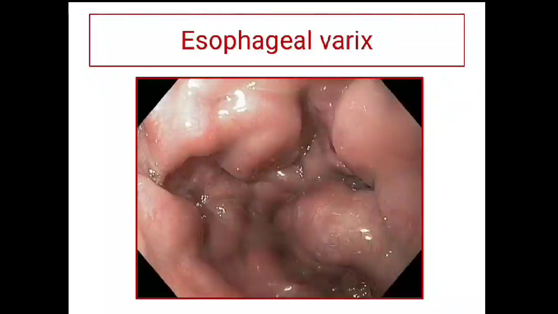Esophageal varix will be discussed in greater detail under cirrhosis of liver. For the time being, we will understand that esophageal varix represents dilation of the esophageal veins. They rupture on the mucosal side and torrential hemorrhage can occur. The condition may be life-threatening.